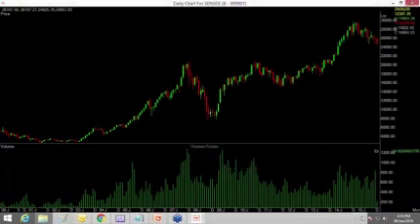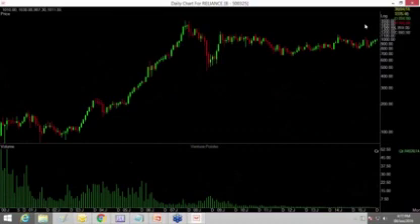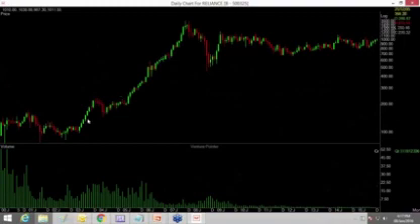Now if you see the chart of Reliance, see the difference. This price movement, if you see this price movement, this is the arithmetic scale where the difference is in absolute terms on the y-axis, and this is the log scale. If you see the difference in the y-axis in percentage terms.